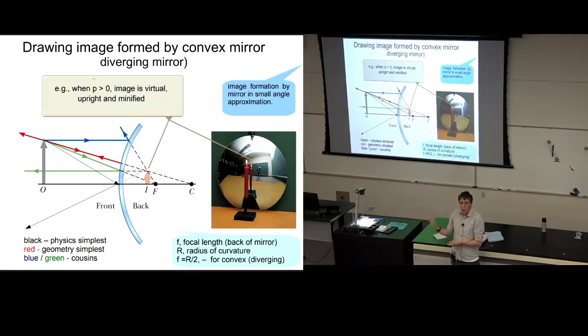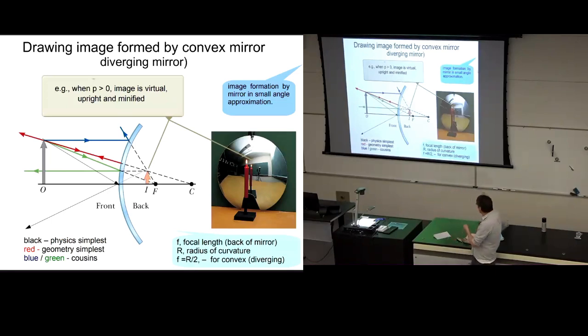And again, there's 4 rays that I could conveniently draw, and I'm just going to walk through those 4 rays and construct the location of the image based on the location of the object. Okay, so I'm going to draw my rays from the top of the object so I can reconstruct the top of the image. I said that my favorite physics ray, which I'm going to draw in black, is this ray that strikes the mirror and reflects back towards the giant eye and the giant brain that are interpreting the results over here on the left, strikes the mirror at the very center of the mirror where the optical axis passes